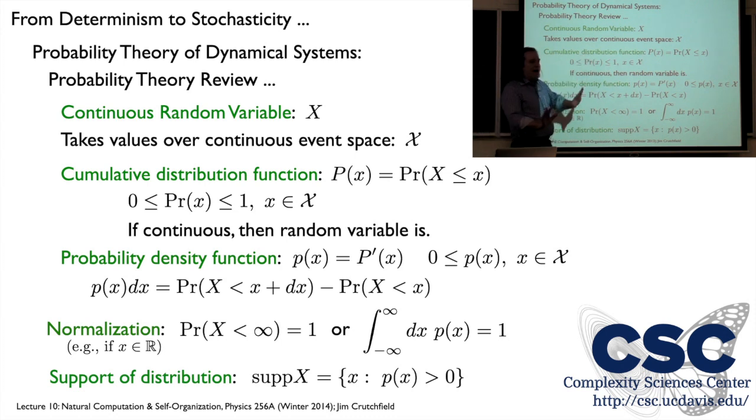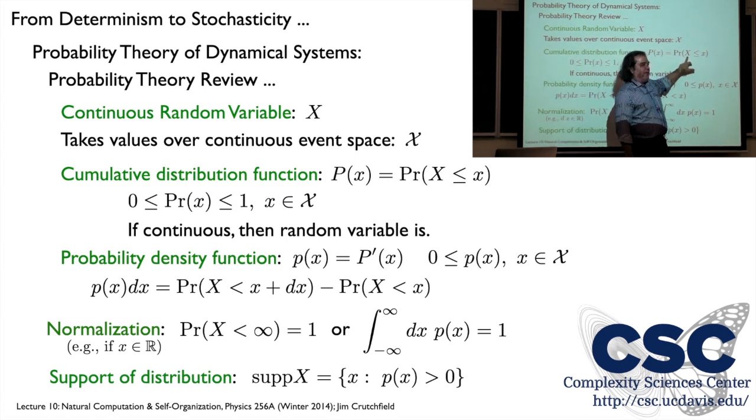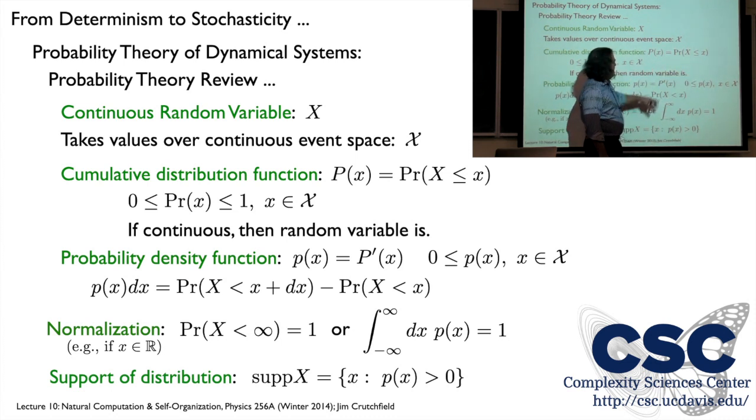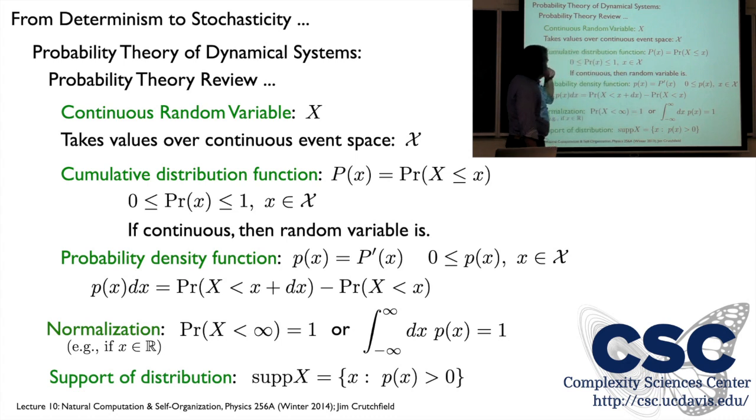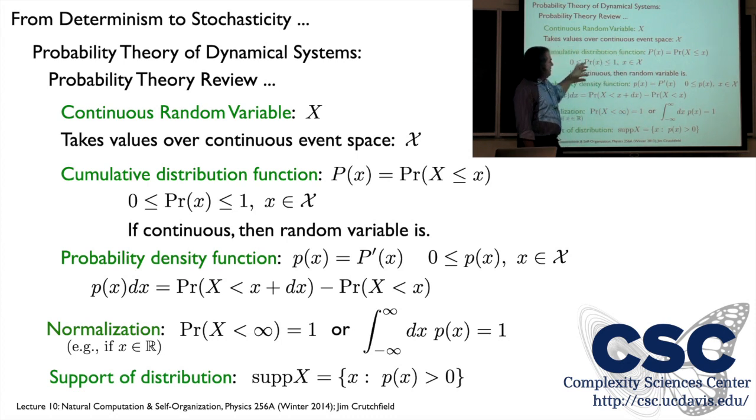So as a consequence of that issue, there are 2 ways to talk about probability over continuous random variables. One is the cumulative distribution function. And what that is, it's the probability that the random variable takes on a value up to some particular realization value, little x. Okay, I'll just note that p of x there. Again, these numbers here are between 0 and 1. So this function goes from 0 to 1.